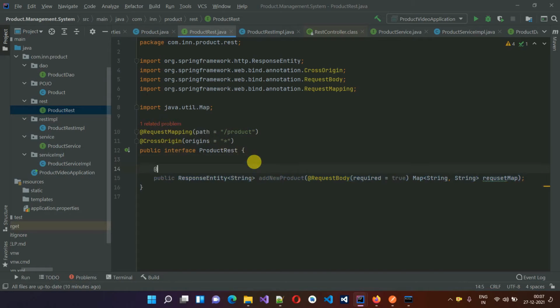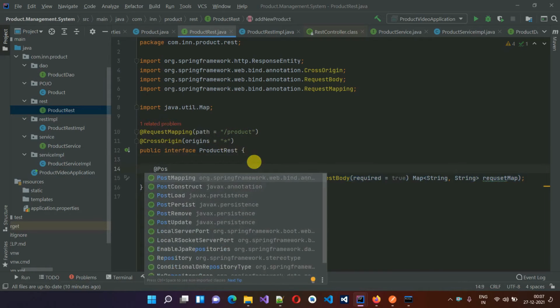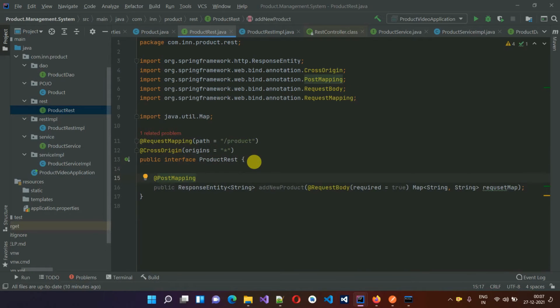For that, this is a post call, so post mapping, and inside this one I'm going to pass the path or set the path over here. So slash, and I'm going to pass this add new product like this. Let me just copy it and paste it over here and save it. Now how you can hit this: localhost 8080/product/addNewProduct. Okay, and here we have some spelling mistake,